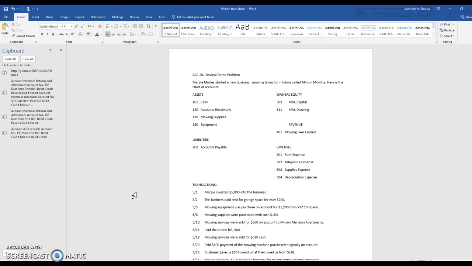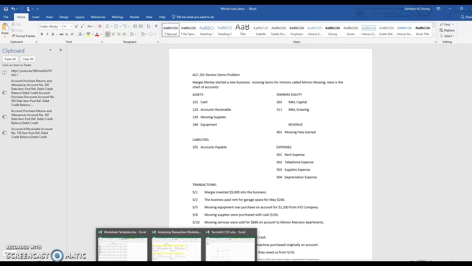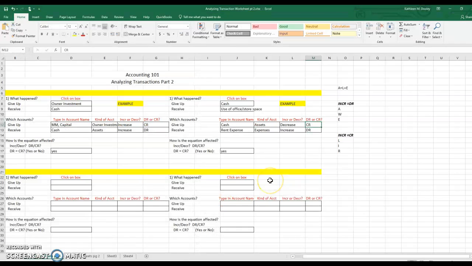Okay, here we are for analyzing part 2. Here are our transactions and our chart of accounts that we're working with, and we were putting these on analyzing sheets. We had ended at the last one at the end of the second transaction where we had a decrease in assets. We looked up assets